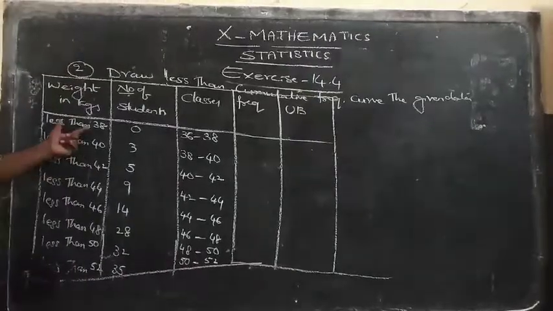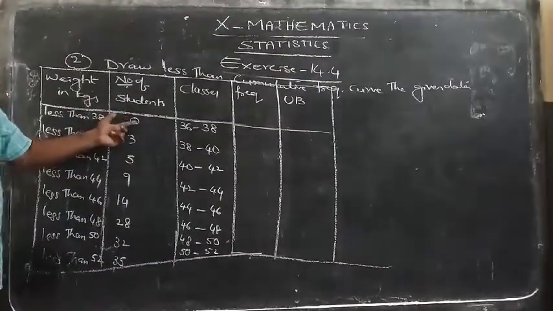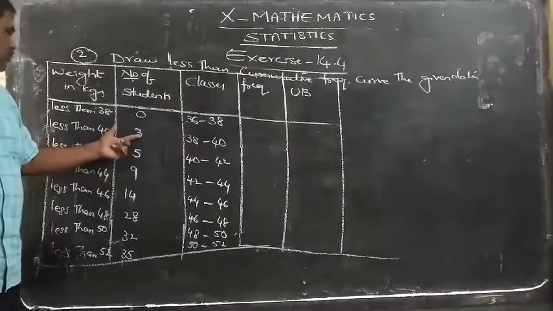Now less than 38 there are 0 students, less than 40 there are 3 students,